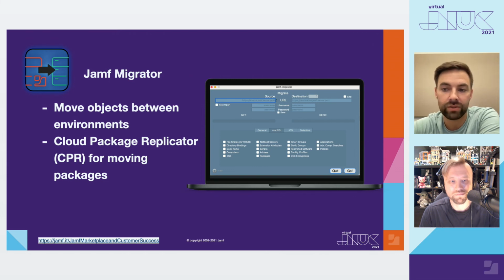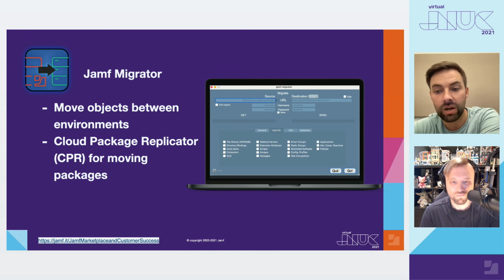While the Jamf Migrator tool does not move your packages from one JCDS to another, we have a little bonus tool, which is the Jamf CPR tool that you can check out. This tool selectively copies packages from one JCDS, AFP, or SMB file share, or local folder to another JCDS.